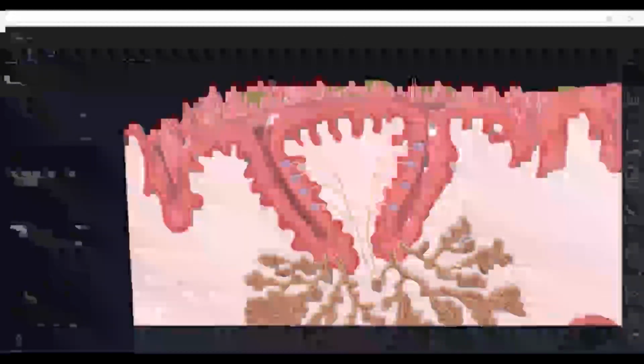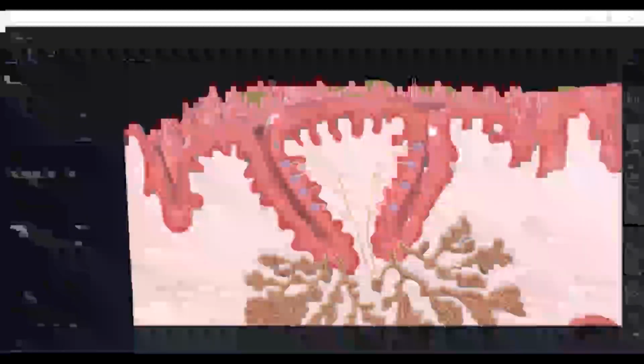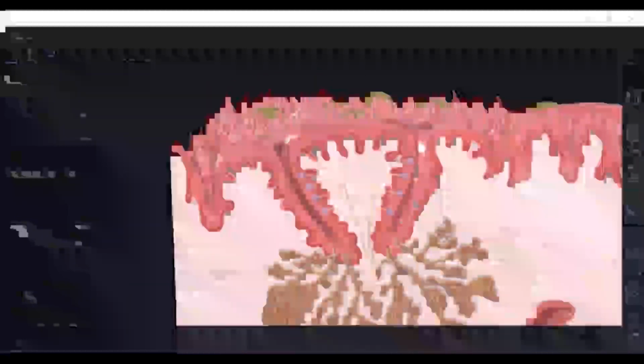And this is your circumvallate papilla. These are the taste buds which are in the wall of the papilla, and this is the wall that surrounds the papilla, and these are the glands which open here. Okay, so this is the microstructure of the tongue.